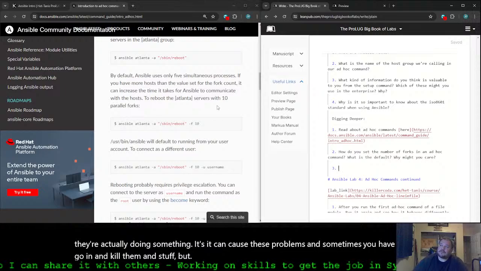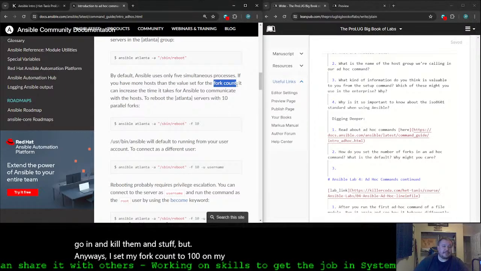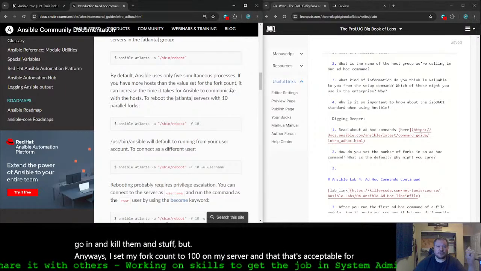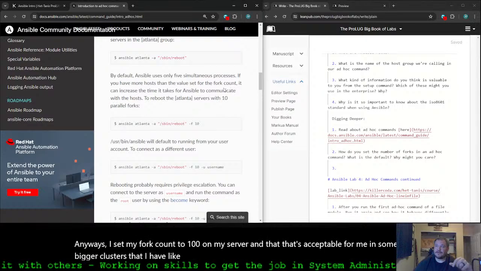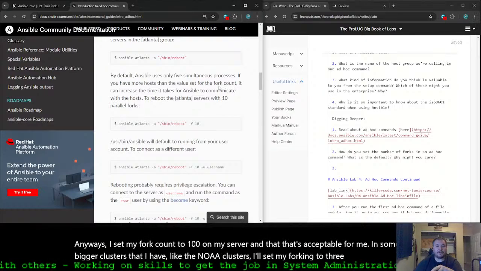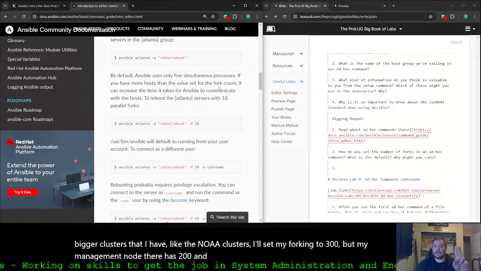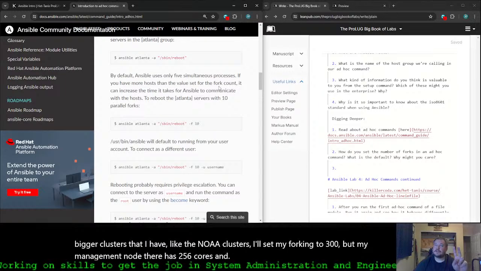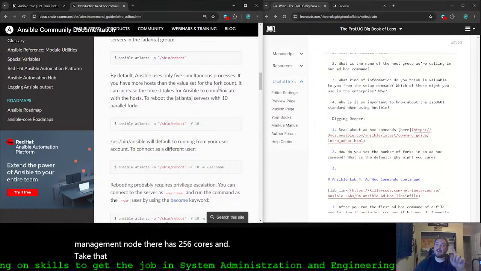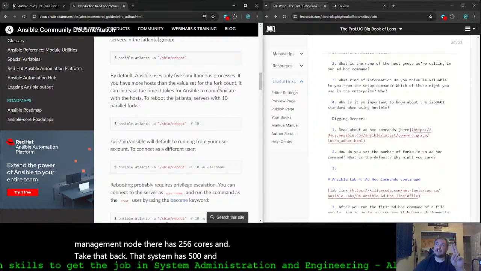Anyways, I set my fork count to 100 on my server, and that's acceptable for me. In some bigger clusters that I have, like the NOAA clusters, I'll set my forking to 300. My management node there has, take that back, 512 cores and 2 terabytes of RAM.